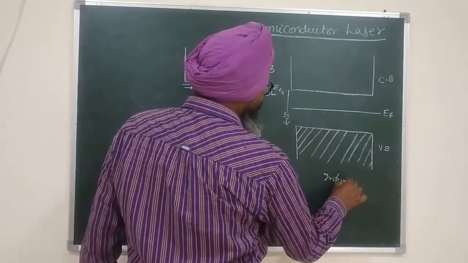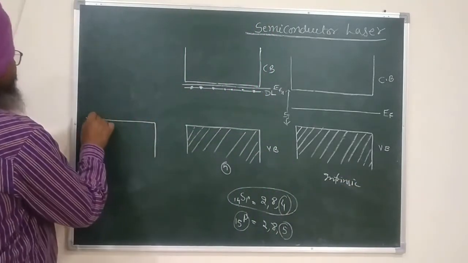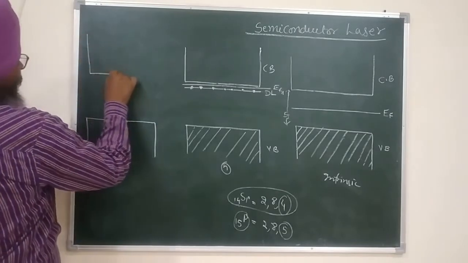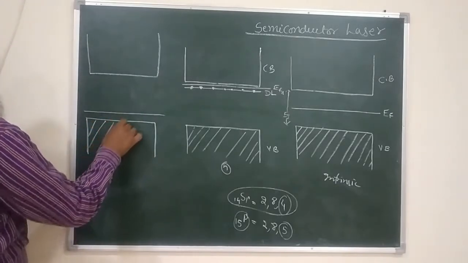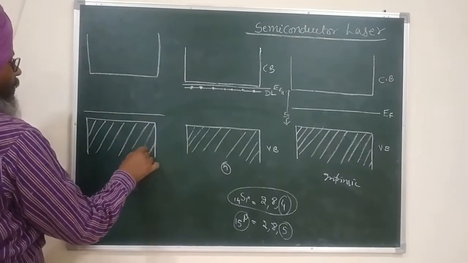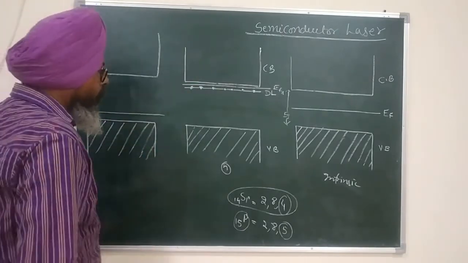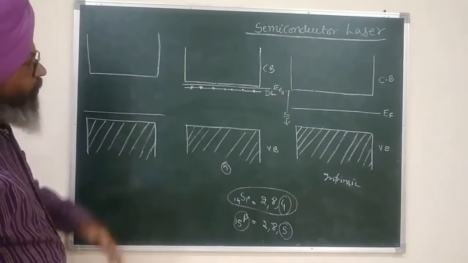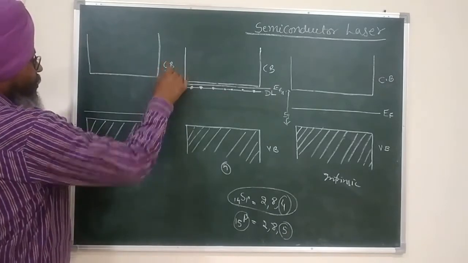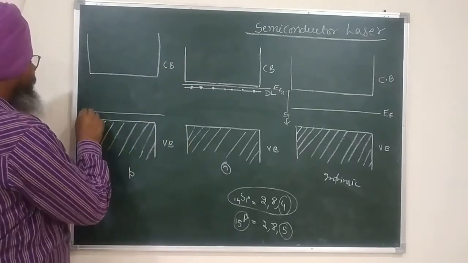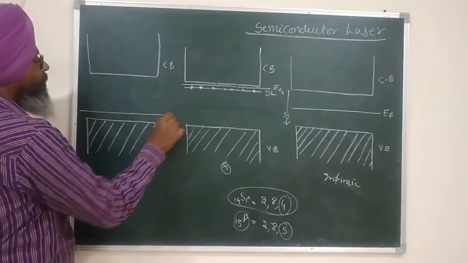This is that of intrinsic semiconductor, and now I am going to draw this. This will be the energy band diagram of a p-type semiconductor. So I will not go into much detail. You can just try to understand that in the same way where we have a filled level just below conduction band for n-type semiconductor, in case of p-type semiconductor, this is the conduction band, this is the valence band, and an empty level is created just above the valence band, and that level is called acceptor level.